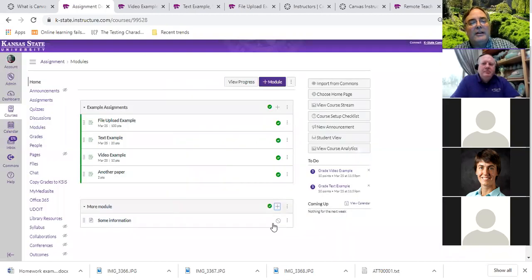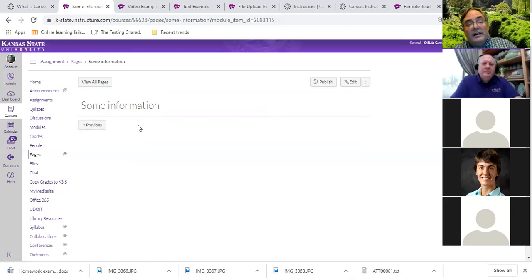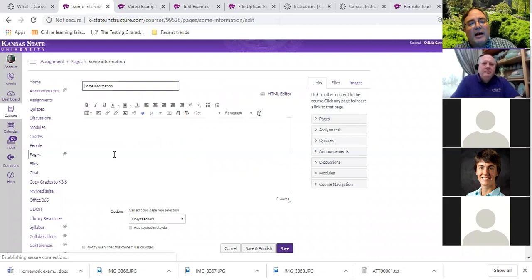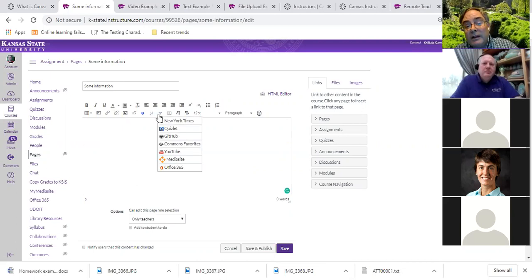So I'll add a page in here, and this right now is a page, and it's empty. But if I hit edit, I get my whole WYSIWYG editor right there. So I can add in text, I can embed videos. In fact, this is the preferred way to add in MediaSite videos. I can embed